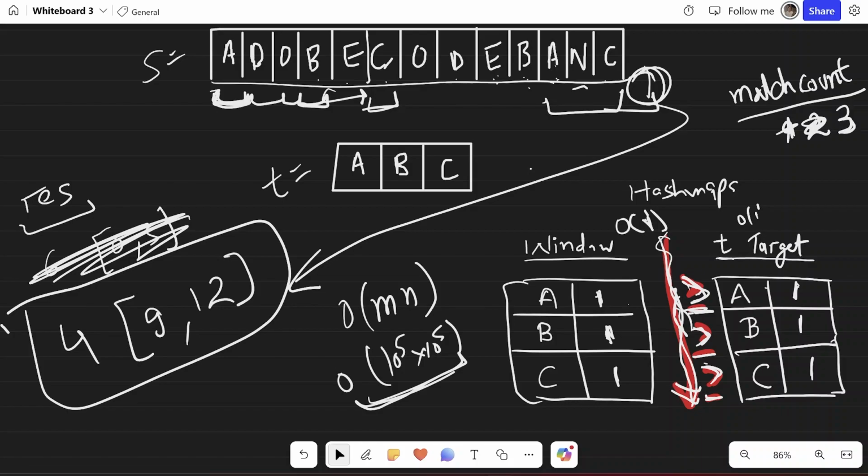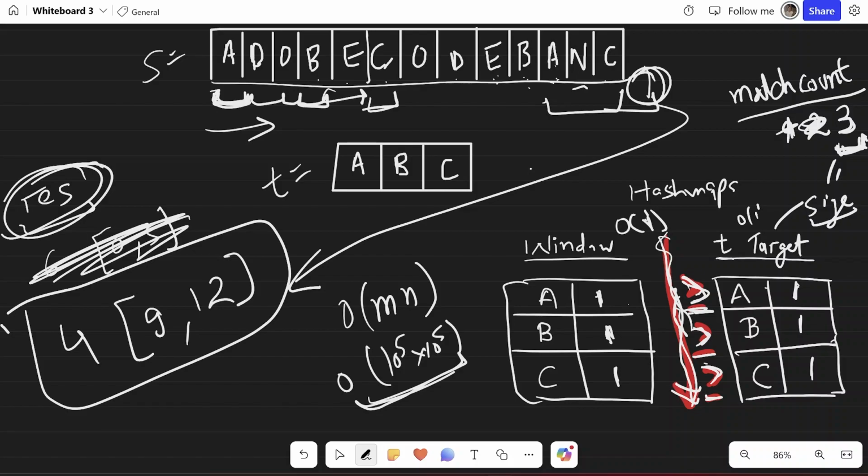Now, one thing to notice is that when this reaches 3, I'll use that as a cue to say that my current window substring is valid and I need to check the rest. But how will we do that? With what will we compare this match count? Match count will be compared to target.size. So the size of my target hash map, when it becomes equal to match count, that means I have a valid substring now and I can update the result now.